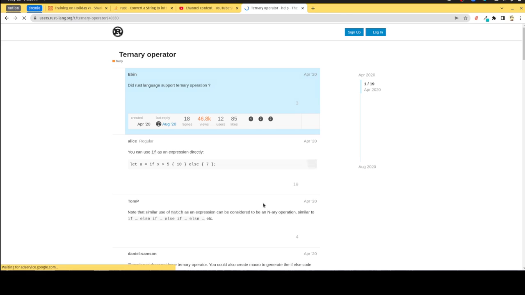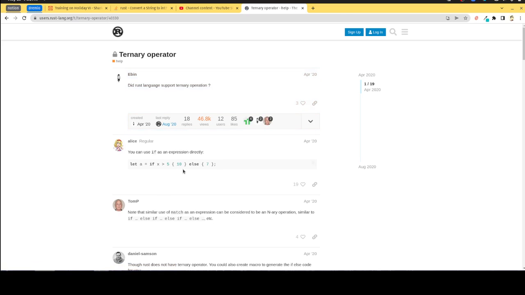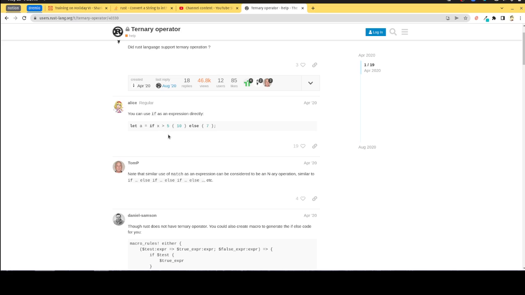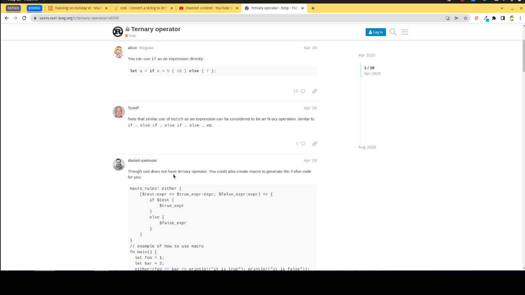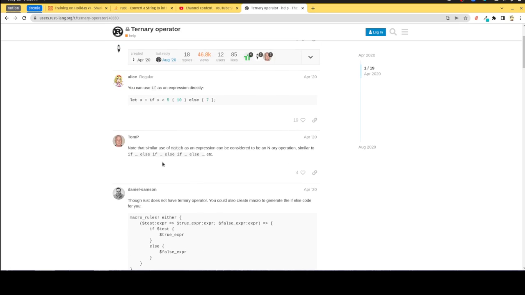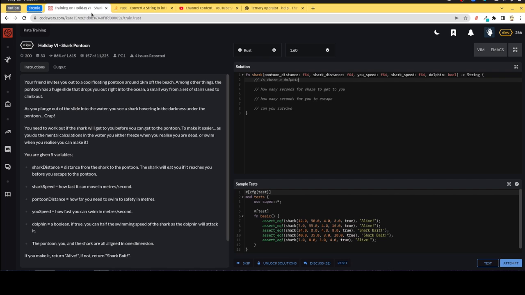So got it. It's just in the syntax. Yep, no, it doesn't have a ternary operator, but it does have this one line if, which works for me. Okay, so here we go. We're going to say let dolphin